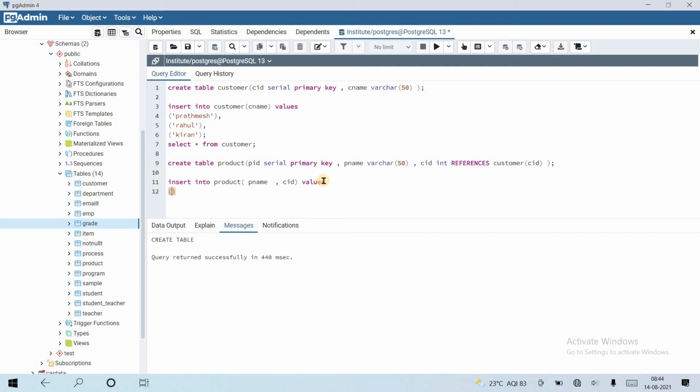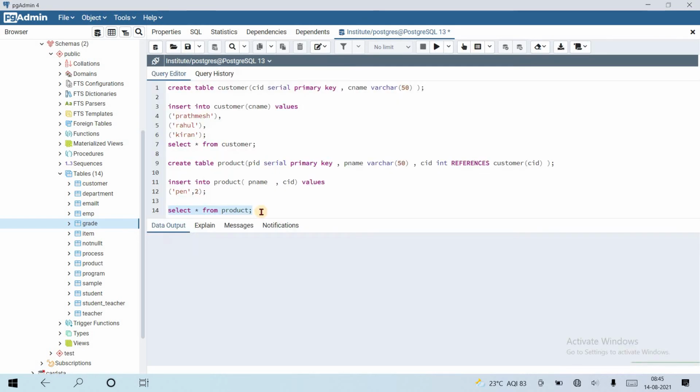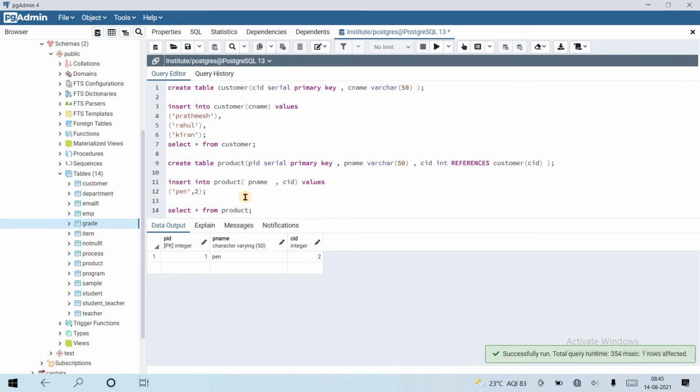Here you can insert, suppose, pen as the product and the customer is 2, the primary key of CID. If I run this query it will run, and if I see the data of the product table, select star from product, the data is inserted.